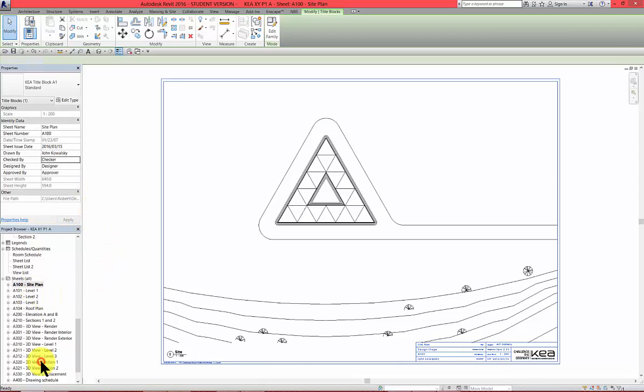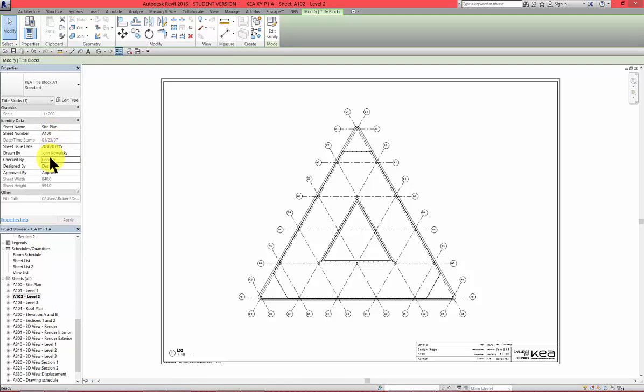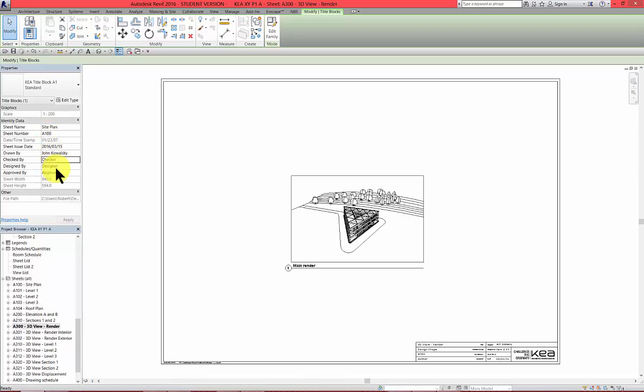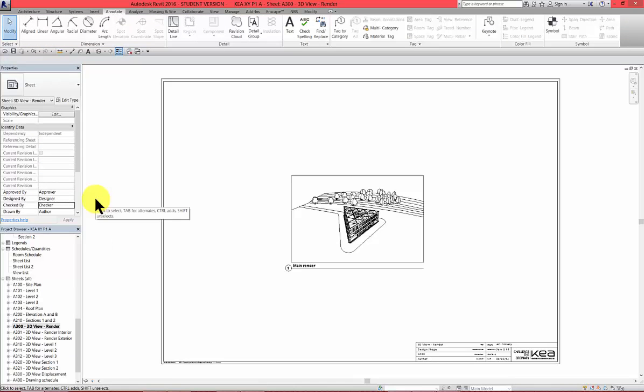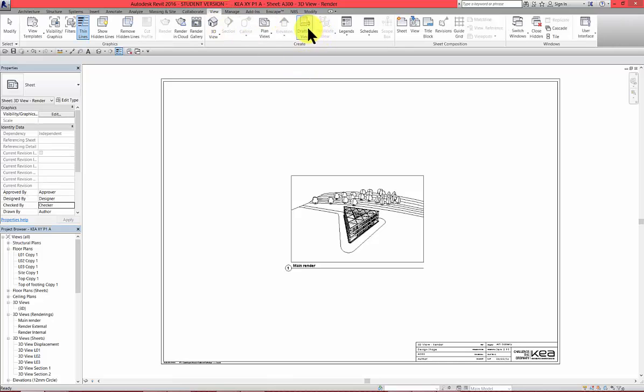And then if we go to level 1, we can see that this has been changed. Okay, so make sure that you have your name and the checker done. Okay, so the next thing I would like to do is to create a drafting view, which is here. If we go to view, drafting view,